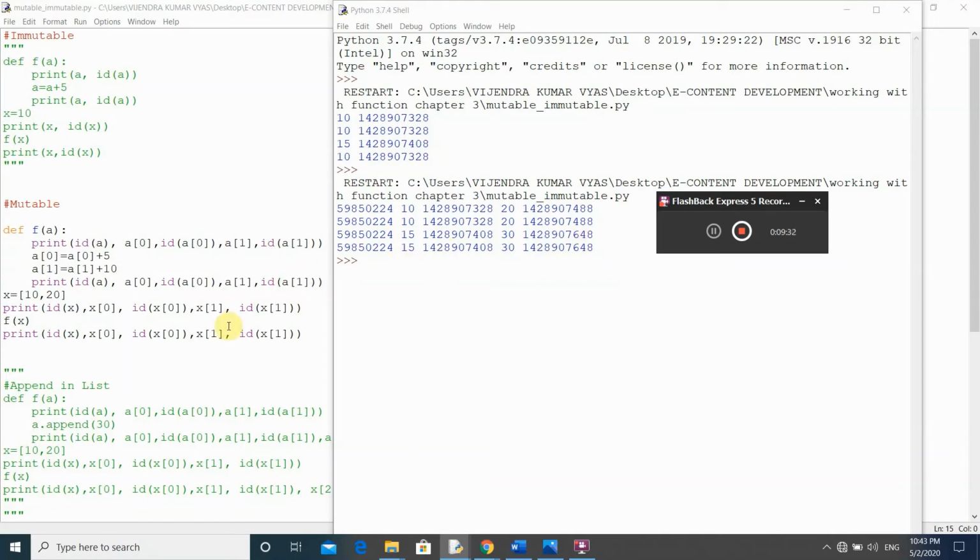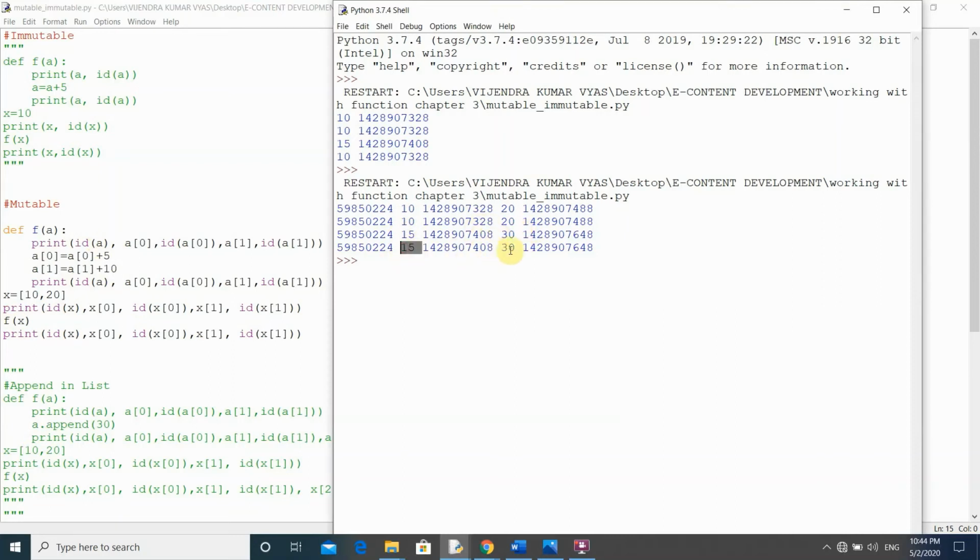So we can say that when we pass a mutable argument, that is a list, in a function call statement, after execution of this function's body, the values of this mutable argument changed in place, meaning the values of x of 0 and x of 1 changed.